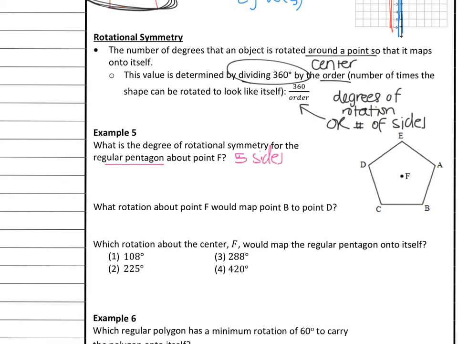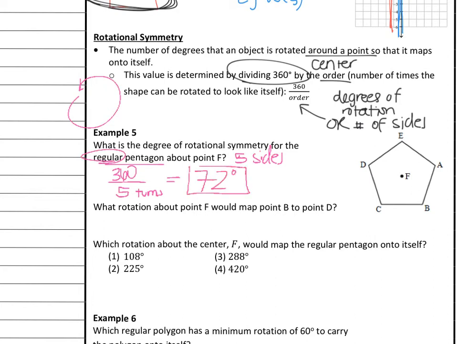And we know that the total number of degrees in any full rotation all the way around a full circle is 360. I know that it has 5 sides and it's regular, where all sides are congruent. Then that means that I can take 5 turns all the way around. And so now we have 360 divided by 5 to give us 72 degrees for each individual turn so that